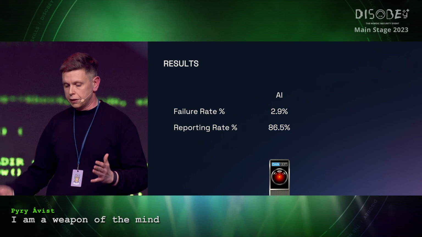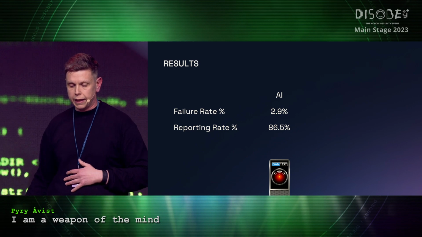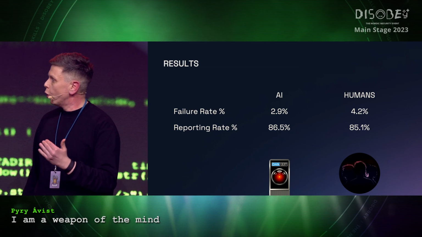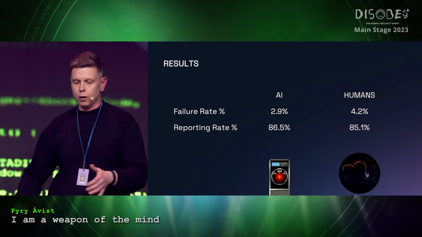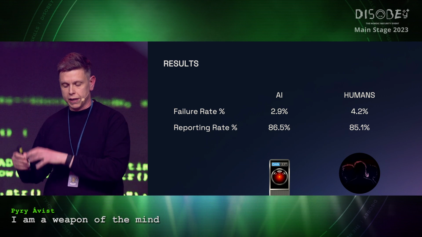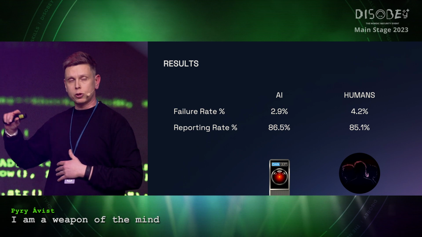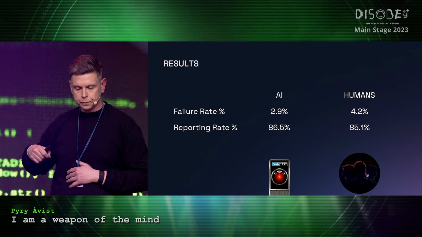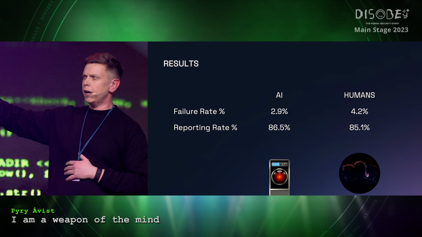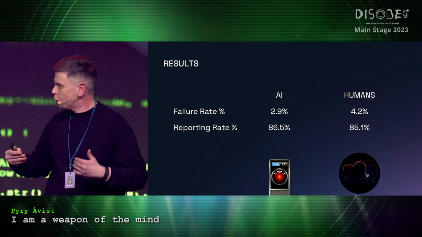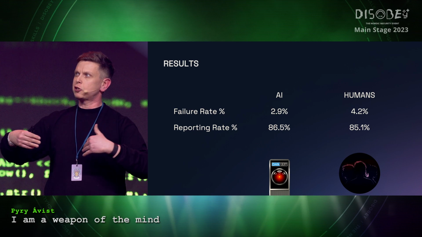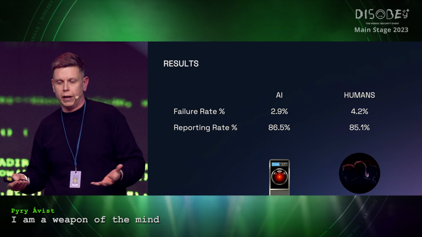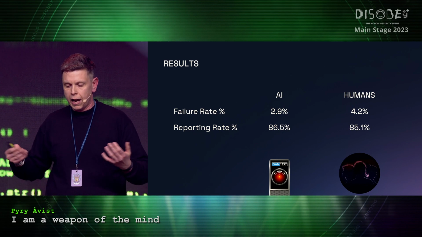And then if we look at our humans, our very experienced team, the results were this: a 4.2% failure rate and a reporting rate of 85.1%. So our experienced team, who has done this for several years, was actually better at this stage at creating attacks than the AI. There was a clear difference. Of course, the reporting rate was also a little bit smaller because more people fall for the attack, more people not detecting that, hey, your car hasn't been scratched, actually. This isn't a real email. This is actually a phishing attack.